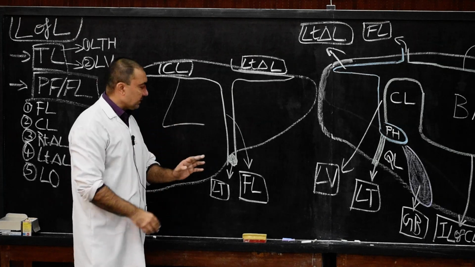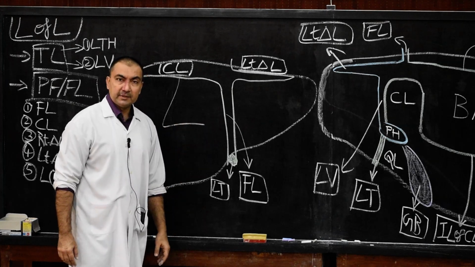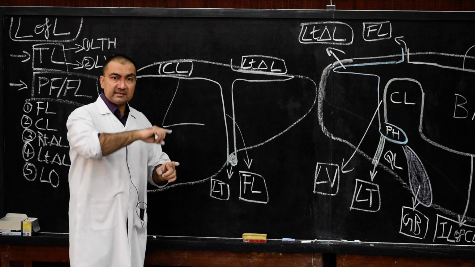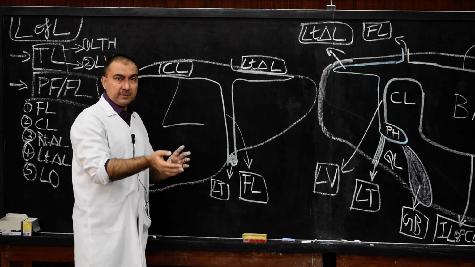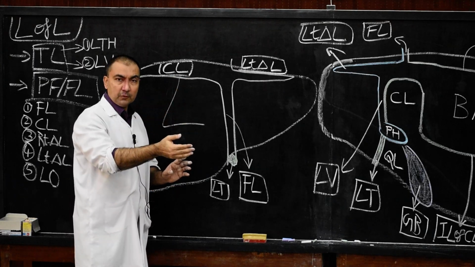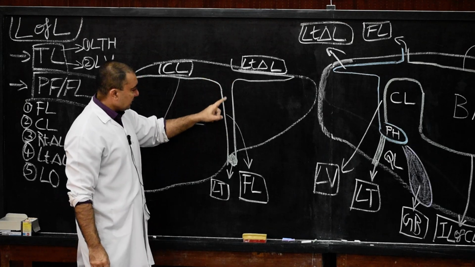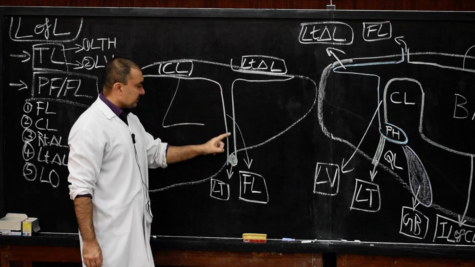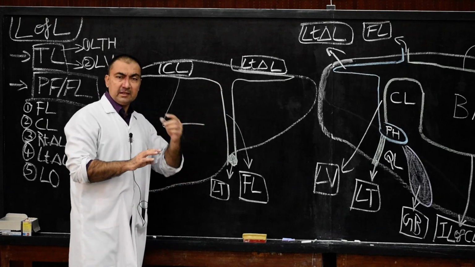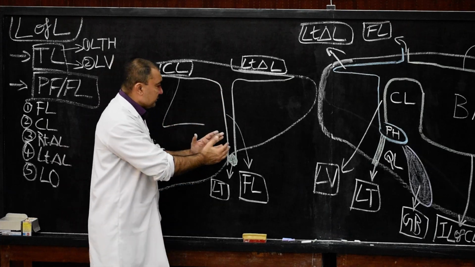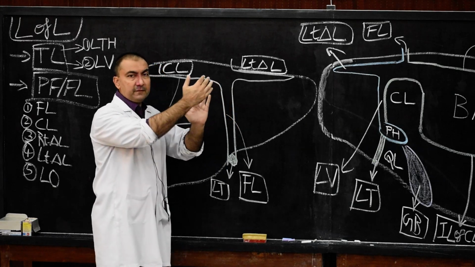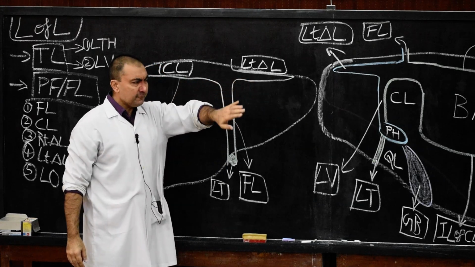These two layers will be known as the falciform ligament. Therefore, it is a sickle shaped fold. The convex margin will be attached to the anterior abdominal wall and diaphragm, and the concave margin will be attached to the anterior superior surface of liver. So it is simply a double layered peritoneal fold which will connect the anterior superior surface of liver with the diaphragm and anterior abdominal wall.